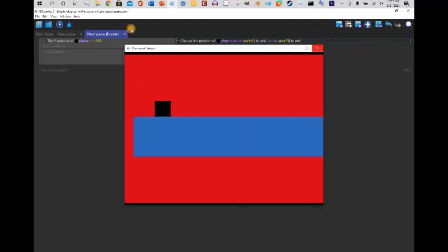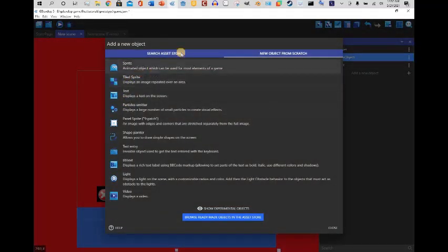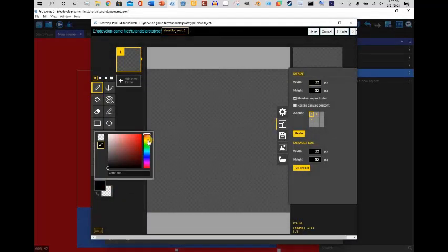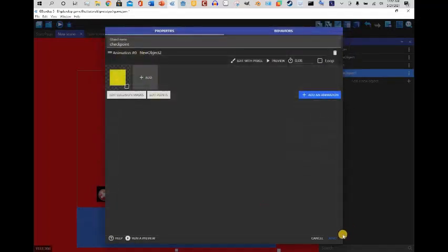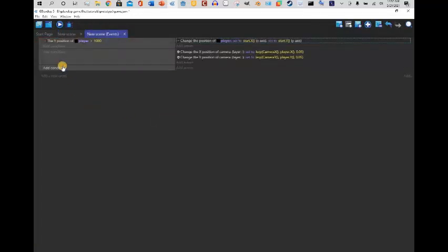What if I want the checkpoint to be somewhere else? So I'm gonna create a new thing. I'm gonna call it checkpoint. I don't need an image, but you can if you want. Since this is a prototype, we're gonna add the color yellow. You don't have to color code it. It can be whatever you want. These are all placeholders. So I'm gonna drag that into our area,